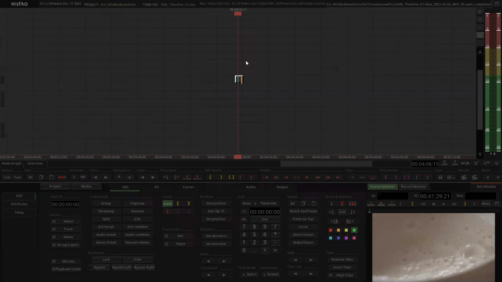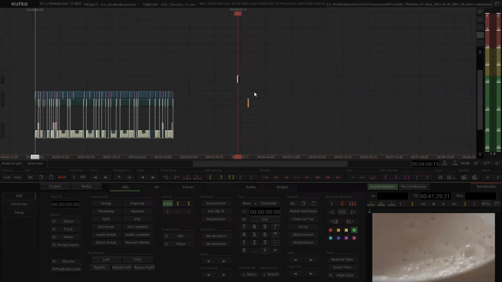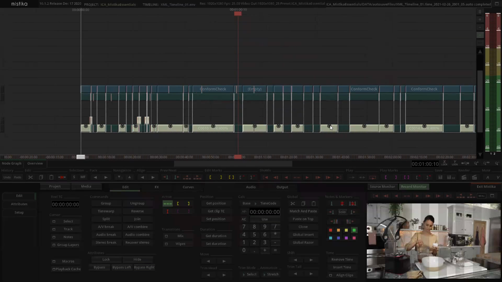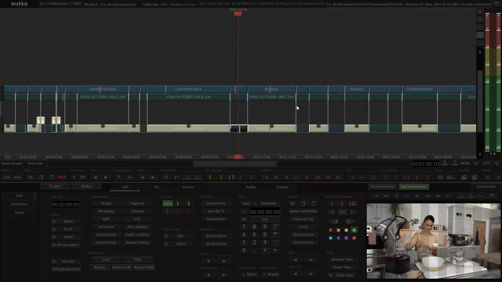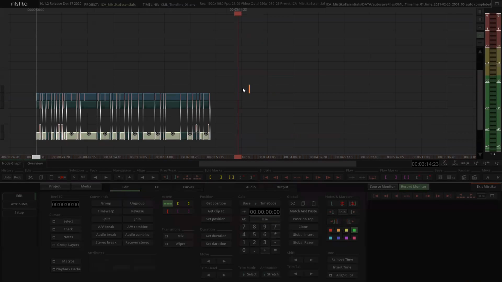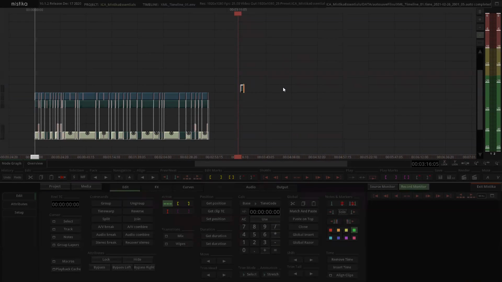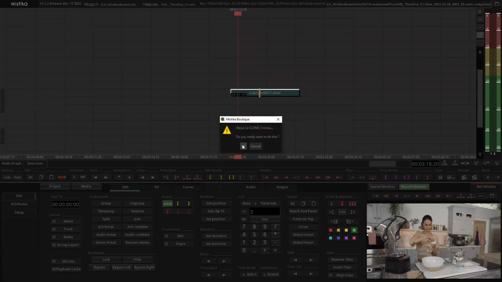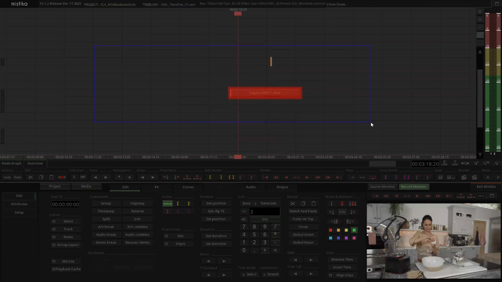Okay, so actually, to put in practice the previous, did I choose this one? This one isn't the most helpful of all. But let me choose another shot. Sorry, guys. Yeah, let's get this one. Might be better to work with. Okay, so here we have the clip, and I'm going to clone it 3 times. Okay, press clone. Mistika's going to ask, yep. I select them, pack them to the left,